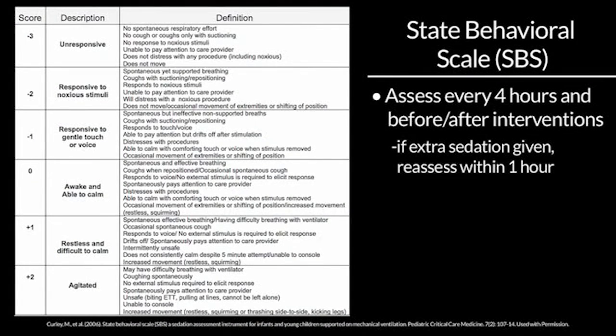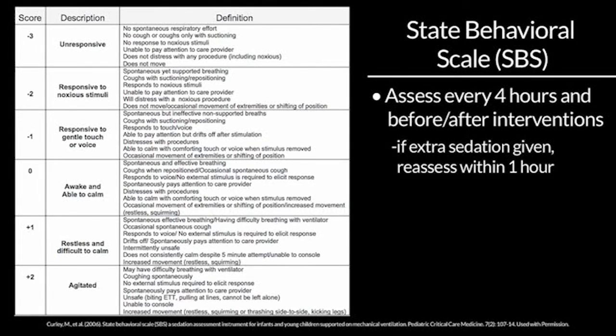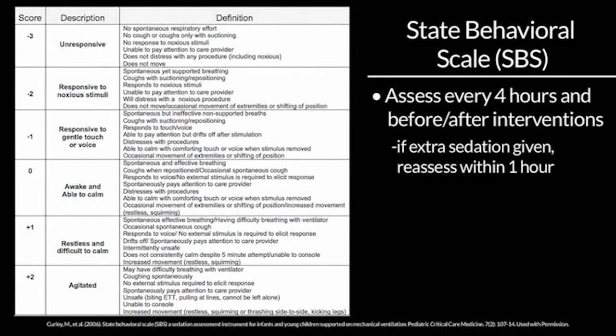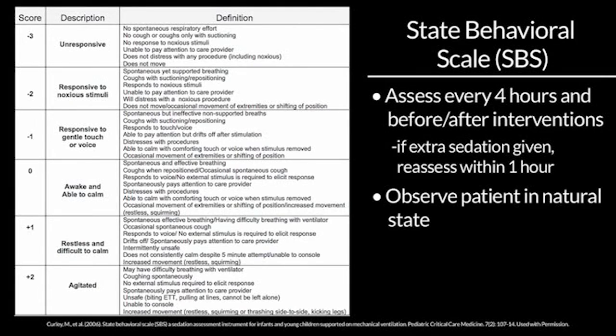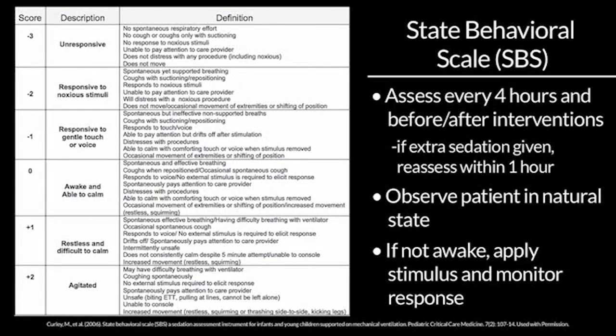So if you have to give a patient extra sedation, you need to reassess the patient within 1 hour to make sure that the sedation that you gave is actually working for the patient. In order to do an SBS, what you want to do is observe the patient just in the state that they're in. As I said, this is a score of the patient's state behavior. So you want to look at the patient when quiet and see what the patient looks like. Then, if the patient is not awake, you want to apply a progressive stimulus to the patient and see how